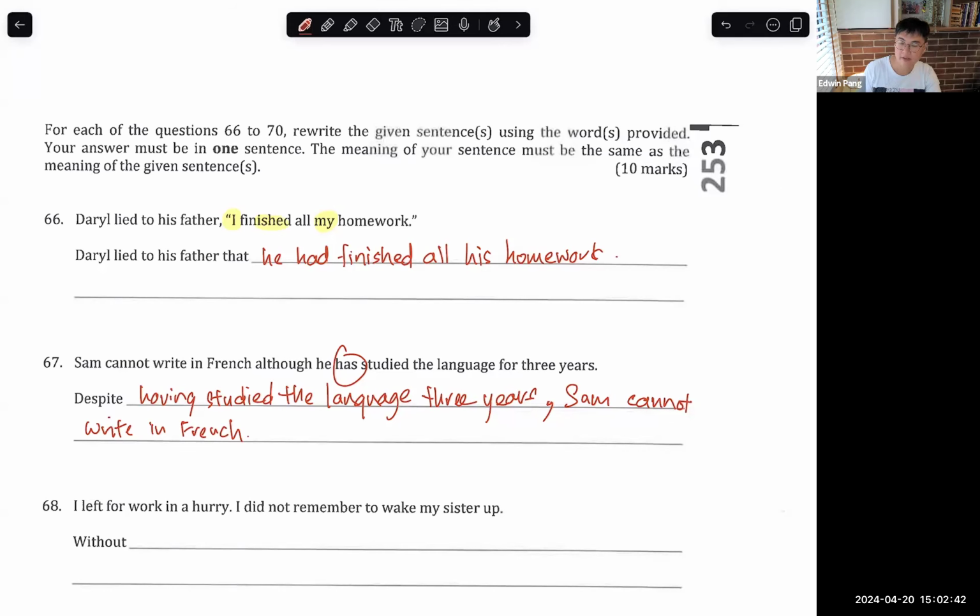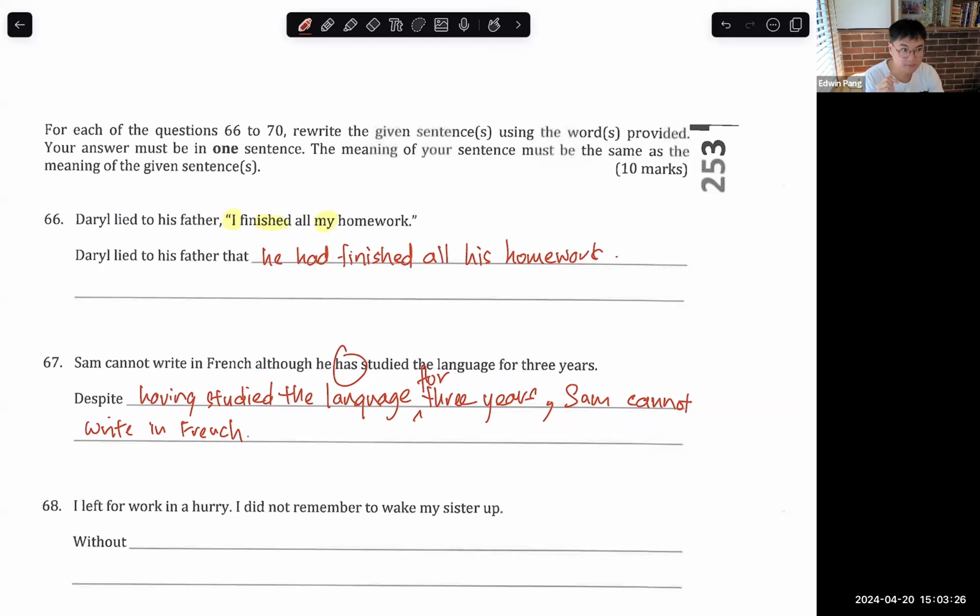Despite studying French for 3 years, can that work? Let me ask you this question in return, okay? Oh, okay. Sorry, I answered the easier question first. So despite having studied French for 3 years, oh, I'm sorry, Mr. Pang also made a mistake, for 3 years, okay? Despite having studied French for 3 years, Sam cannot write in it is not acceptable because